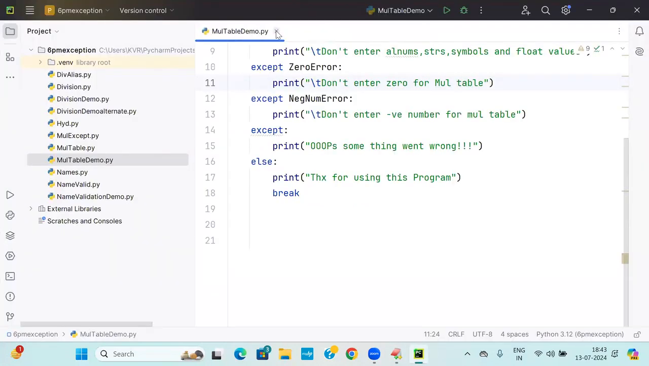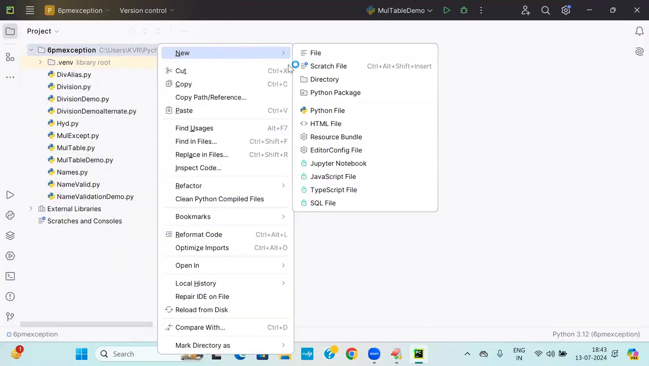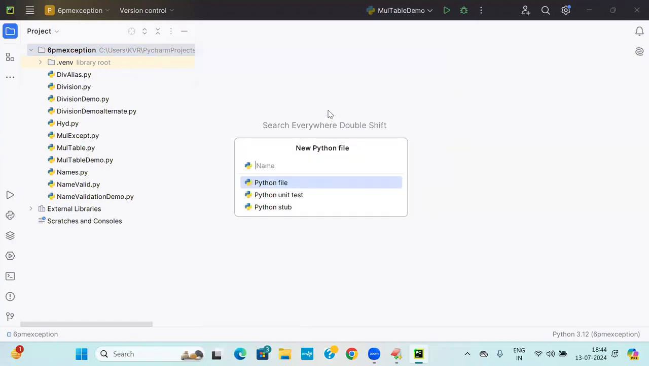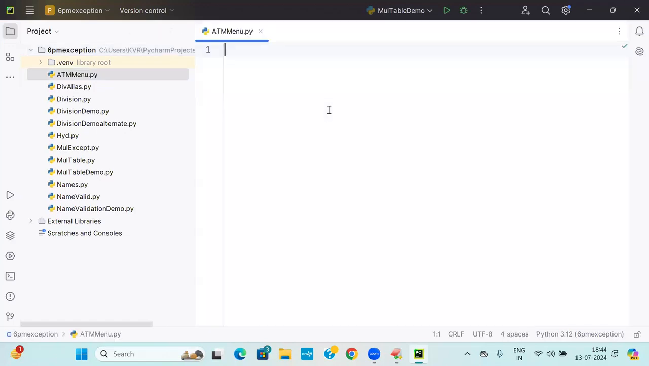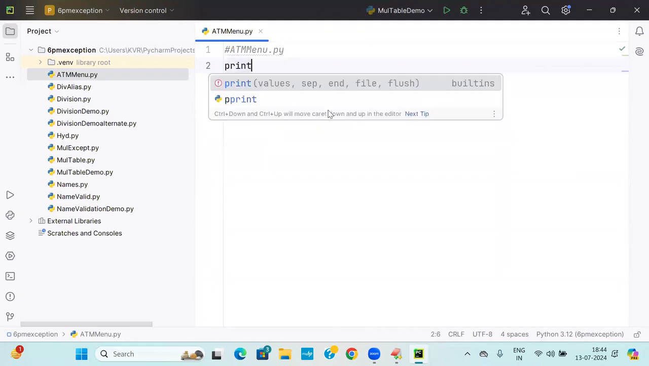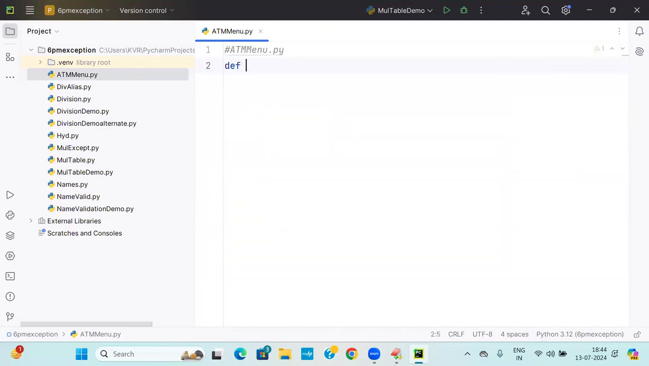So I'm going to take up something like this. First one, don't take much time, students. Try to understand. ATM menu.py. This is one thing I'm taking extra. This will give you print DEF. Once you are taking menu, print symbol star to be repeated for 50 times. There I'm writing,